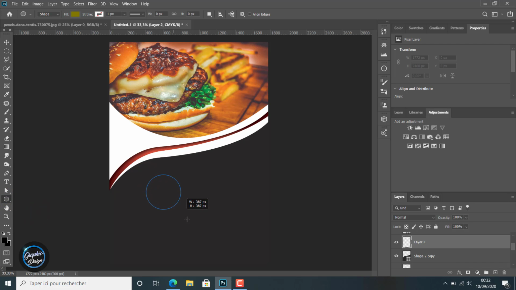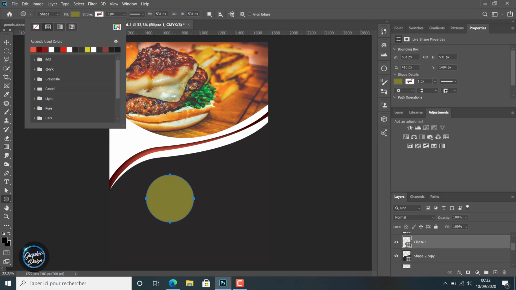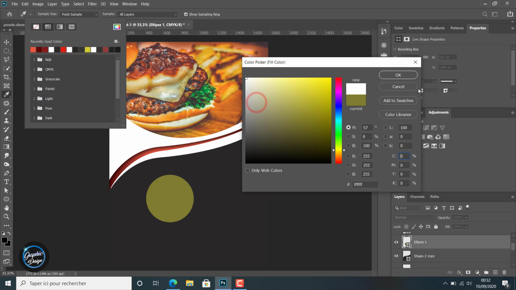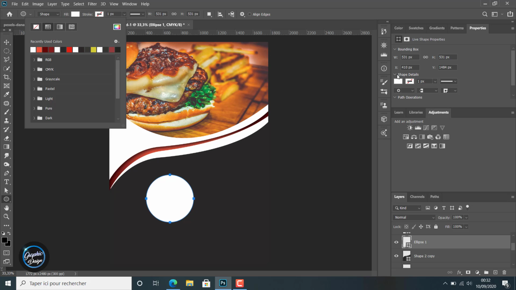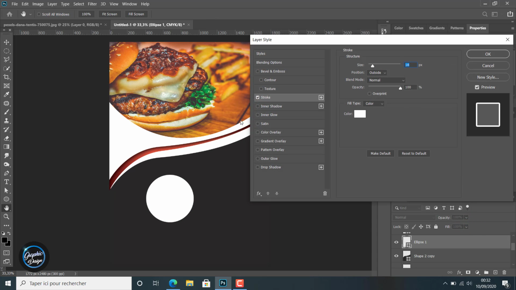So we create a new layer at the top, and we will use an ellipse tool. We will create an ellipse. Like you can see, holding the shift key from the keyboard, you get this very handy ellipse. For the color, I think we will choose